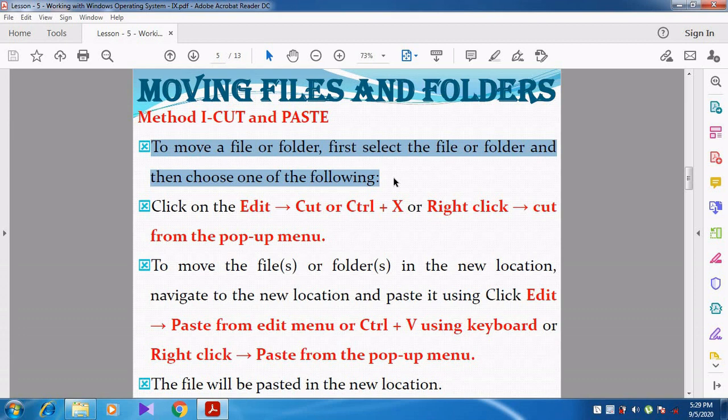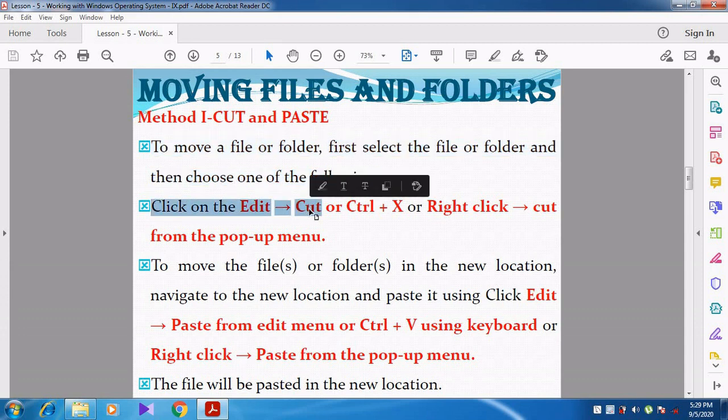Whenever we go with the mouse, after selecting the folder, click on Edit, Cut. We choose the Edit menu and then the option called Cut.